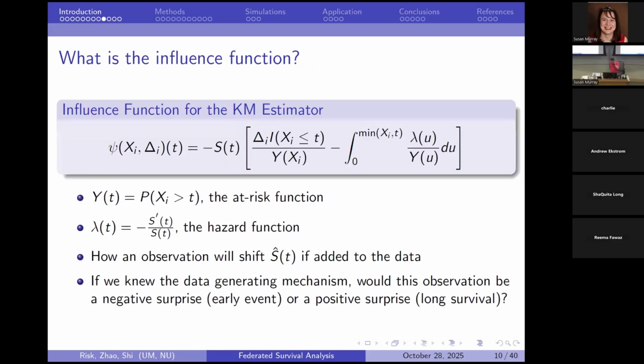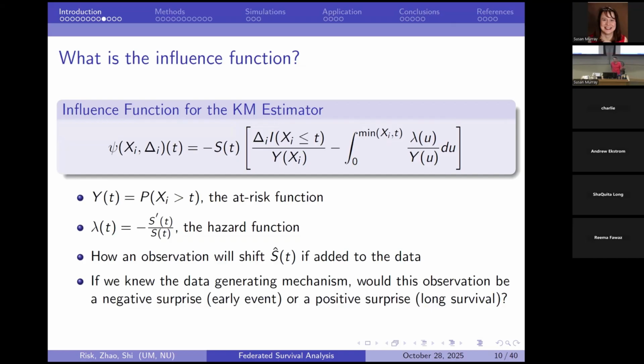So just to introduce the kind of statistical machinery that we're going to be using to solve this problem, I'm going to talk about the influence function of the Kaplan-Meier estimator. And I'm not going to talk at all about any of the mathematical theory about what this is. I think the only way that you should think about this is it's an indication of the direction that we would expect an observation to shift a survival estimate at a particular time if you add a new observation to